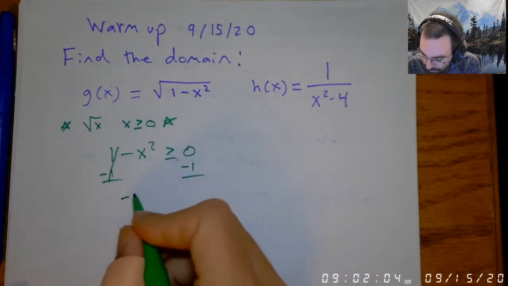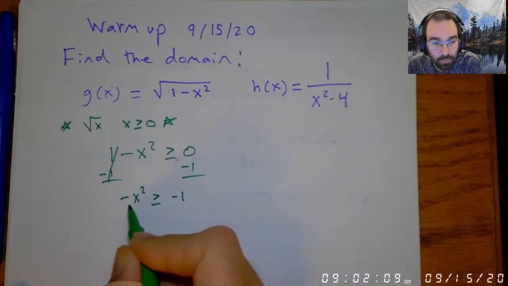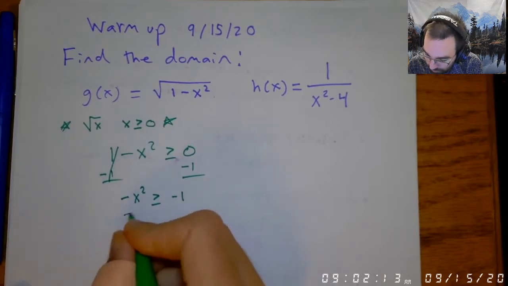And then I'm going to get negative x squared is greater than or equal to negative 1. Now remember, when we're multiplying or dividing by negatives, that's where we're going to have an issue. So we're going to go ahead and,